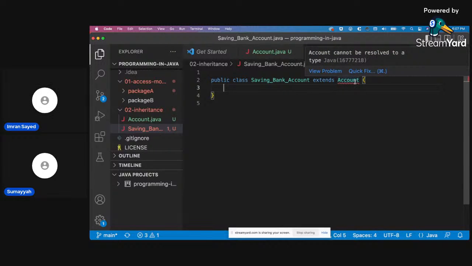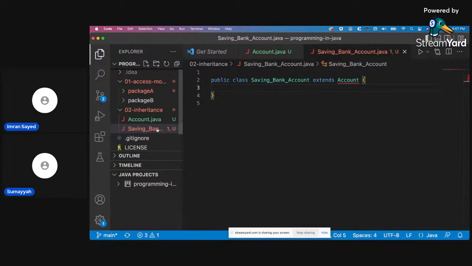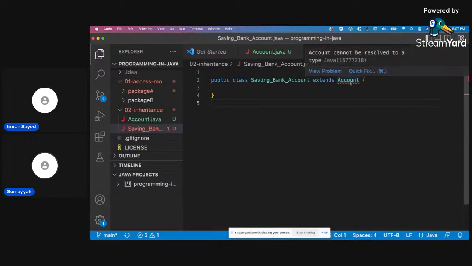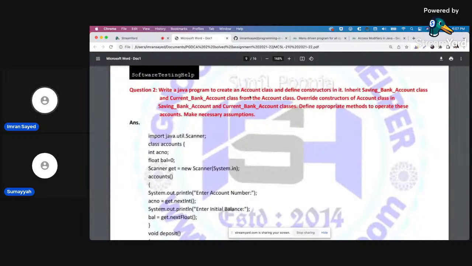It's giving that issue. I was able to do it without importing anything. I don't know, it's not working. Okay, we'll see.